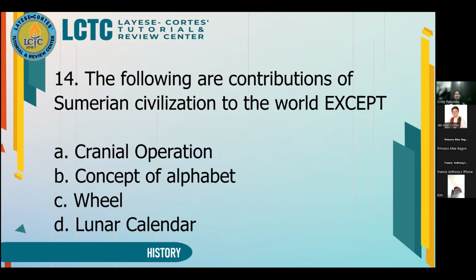All the other choices are Sumerian contributions. Aside from this, the answer is